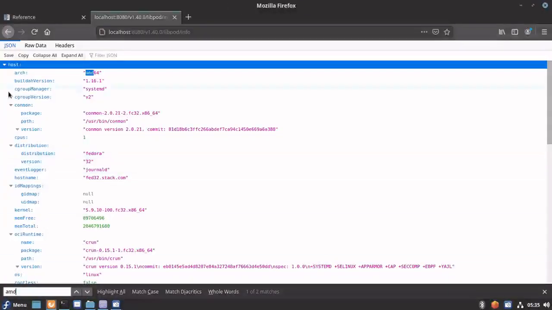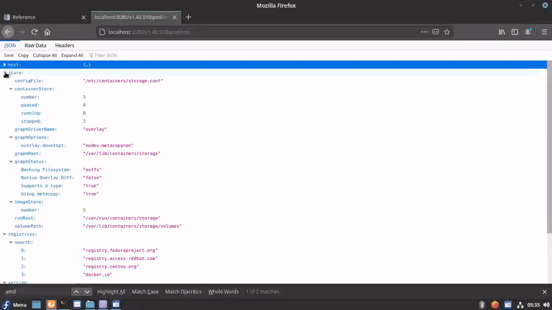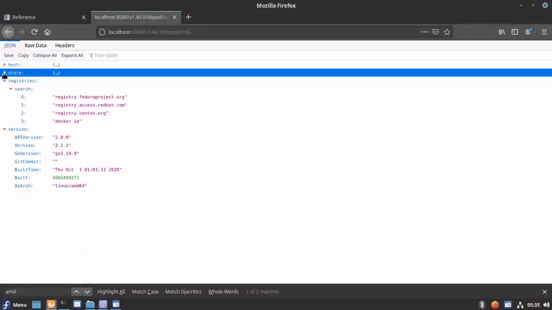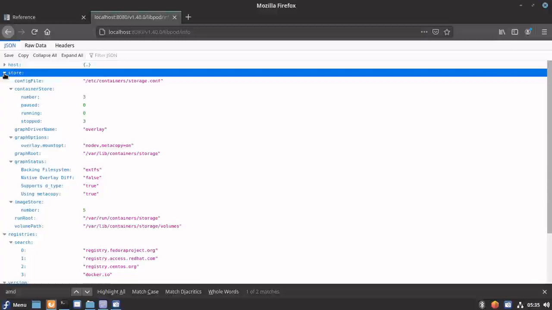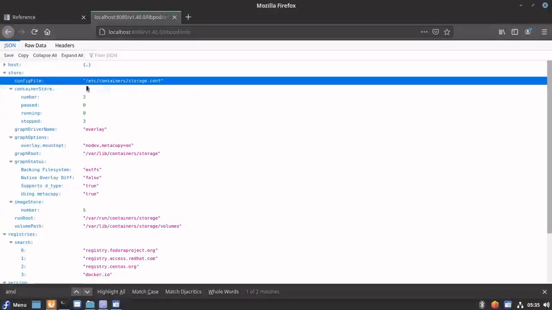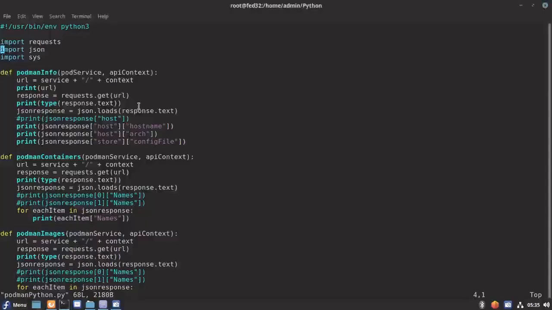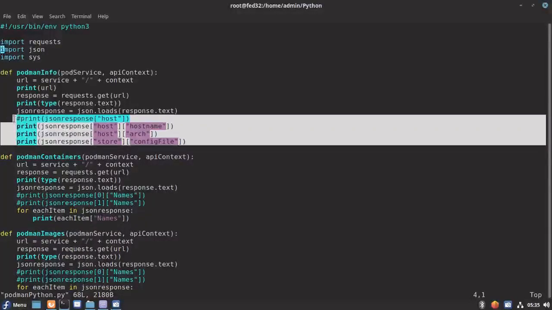If you go into store, this is the top level node, and within that we have config file, as you can see. This is the data I am trying to capture using my definition.